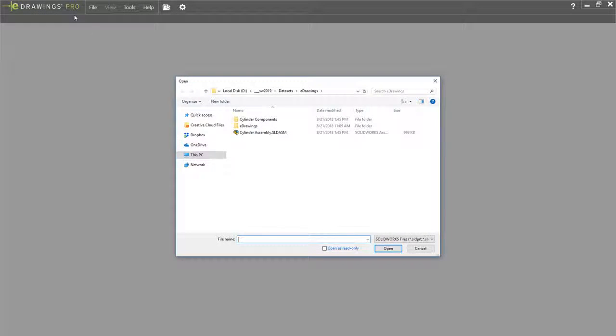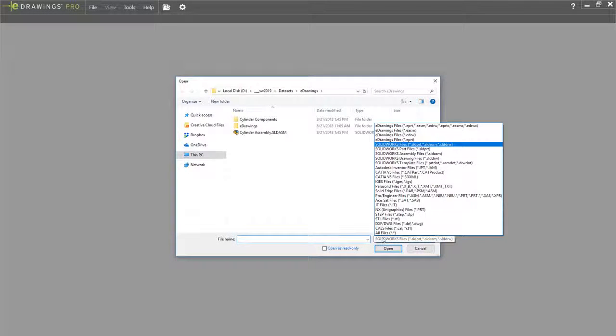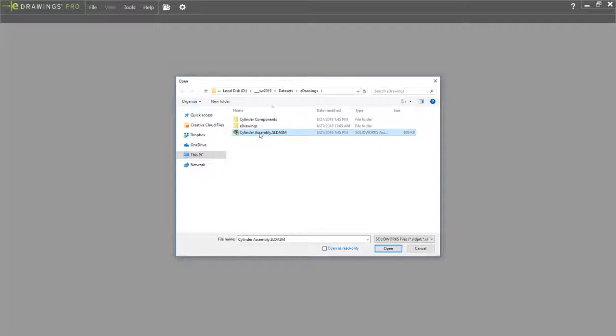eDrawings is an excellent tool for viewing CAD models and now gets even more valuable for 2019. eDrawings now supports several new CAD file formats. Parasolid, SolidEdge, ASUS, JT, and NX files are now supported for viewing, making eDrawings your go-to choice for CAD file